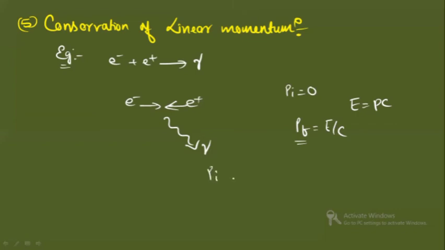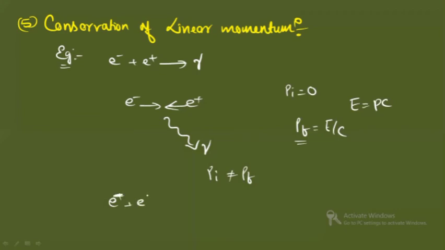That means the initial momentum is not equal to the final momentum. Clear? So in this case, the linear momentum is not conserved and the reaction is not allowed. But if you would have in this reaction